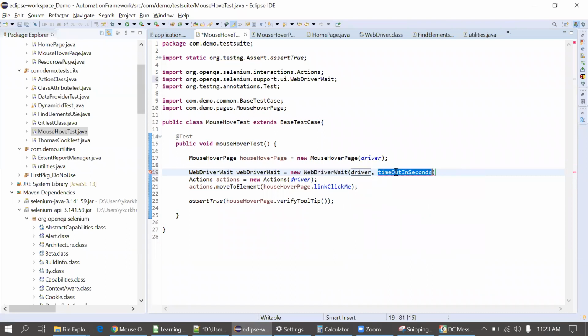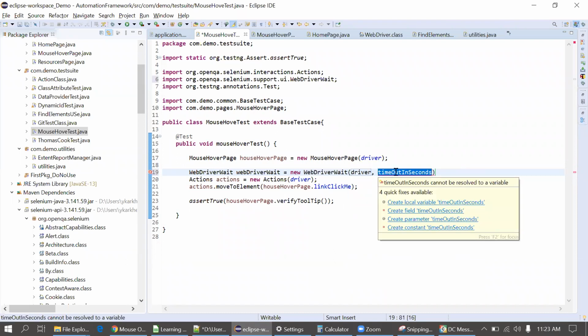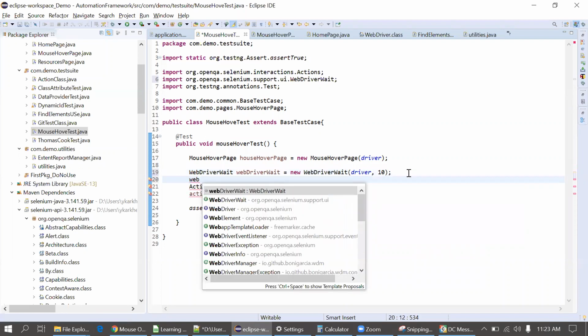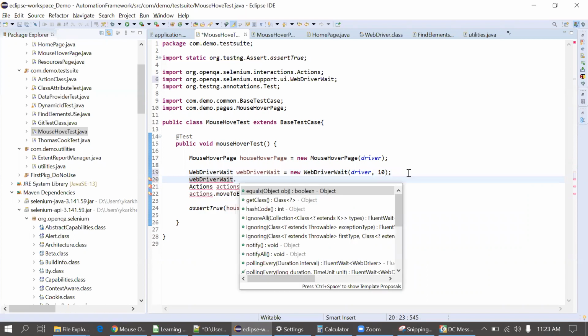And then I'll just put the wait for 10 seconds only. Then WebDriverWait. This is explicit wait.